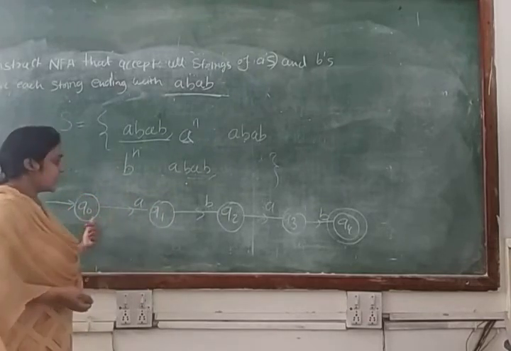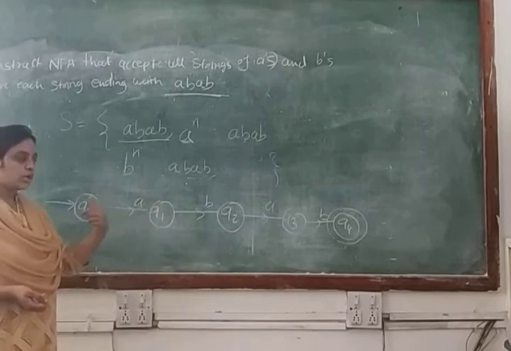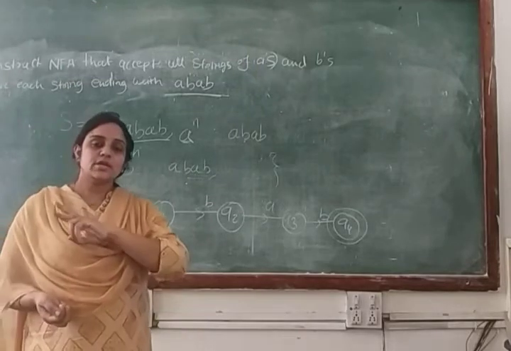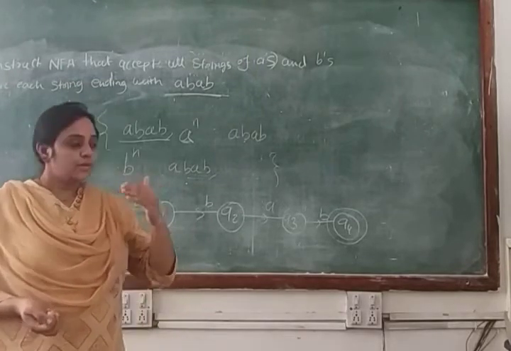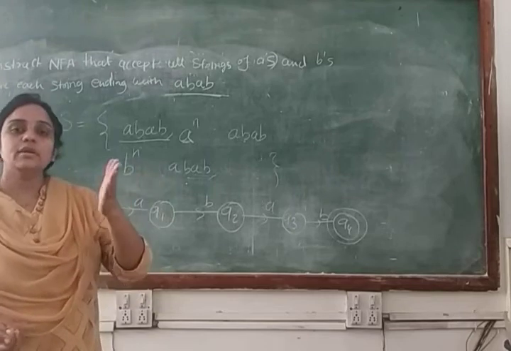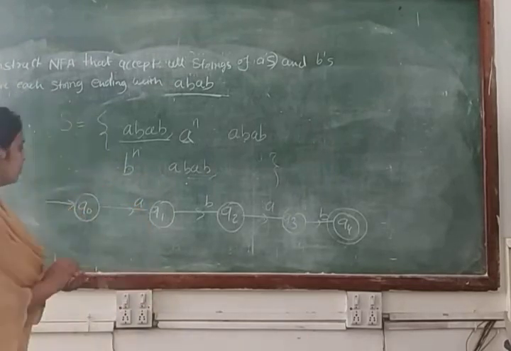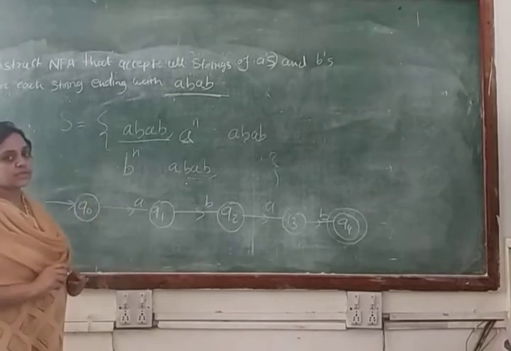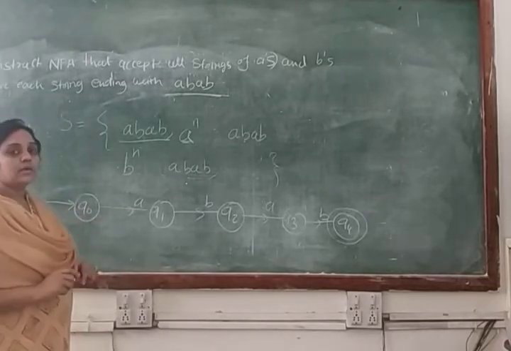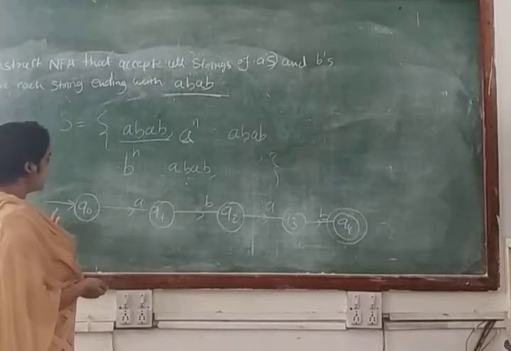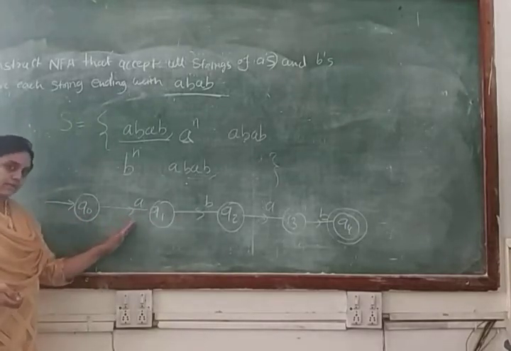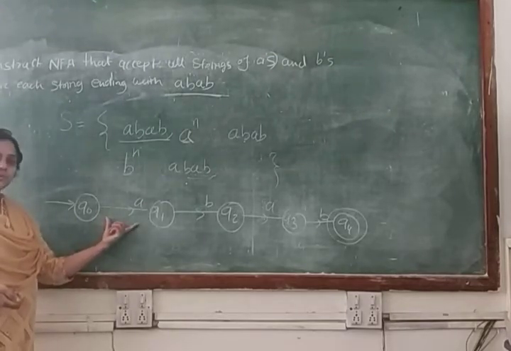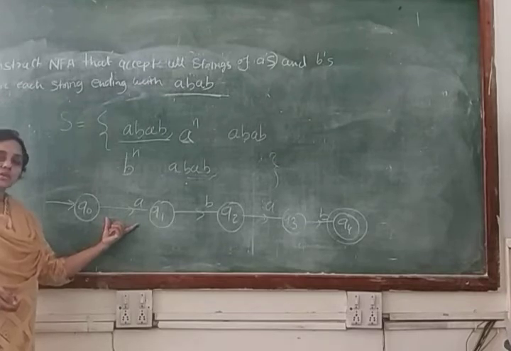And here we are talking about an NFA machine. So that's why we can make multiple conditions. And the second condition of NFA is there is no need to make a condition from each state for every input symbol. Clear? So Q0, if we are checking, the Q0 state has a condition for input symbol A. So we will make a condition for the input symbol B, because in that case your machine can start with A also, or your machine can start with B also. So we have a condition for input symbol A. Now we will make a condition for input symbol B.